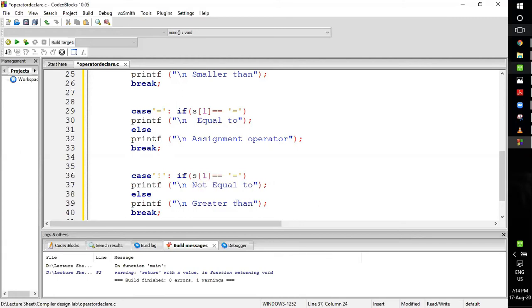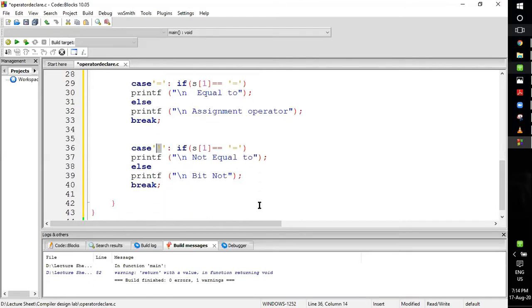Now if only this symbol exists, then it represents bitwise not. Bitwise not means when I'm talking about each bit. So when only this symbol is used singularly, it represents the bitwise not operation.